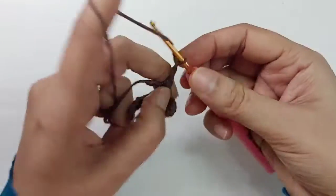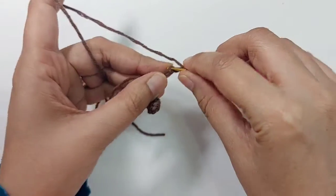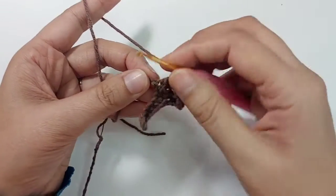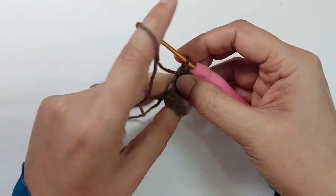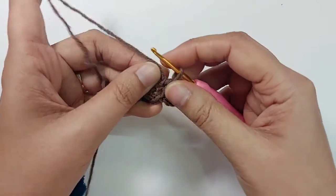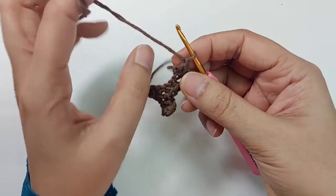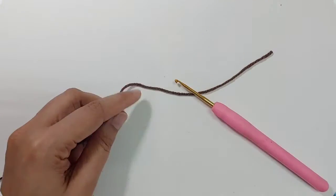Chain 4, 1, 2, 3, 4. Skip the first 2 chains, half double crochet into third chain. Single crochet into next chain. And going back to first chains, make a single crochet in next chain. I have one more chain here. Make 1 single crochet inside. Chain 1 and slip a stitch into the same stitch. Okay, cut the yarn. For the other horn,